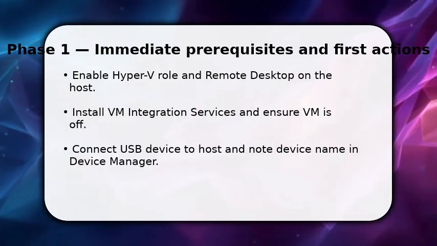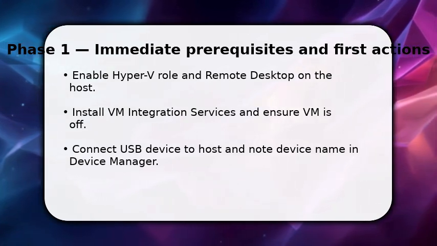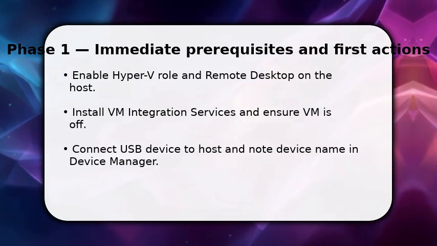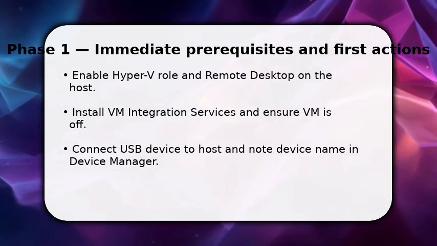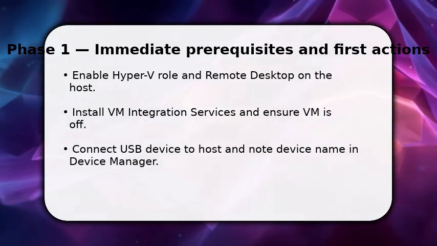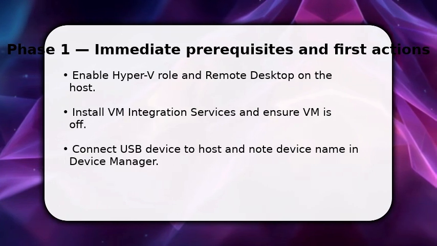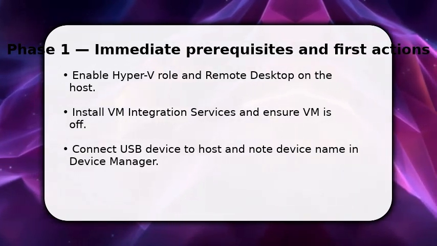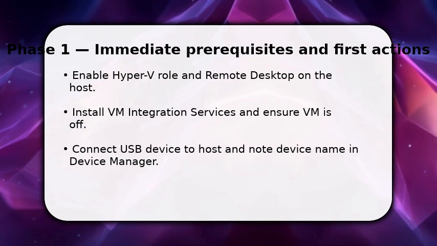You start by preparing both the host and the virtual machine so USB pass-through works. First, enable Hyper-V and confirm integration services are up to date. This reduces driver conflicts. Next, power off the guest and attach your USB to the host. Open Device Manager and note the exact device name and hardware ID. Once done, understand why. Hyper-V does not expose USB natively, so you gather identifiers now for the redirection step and